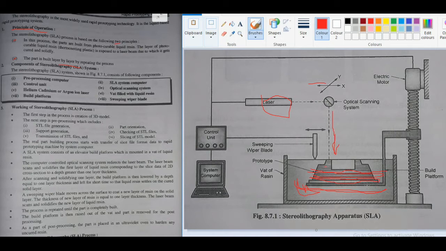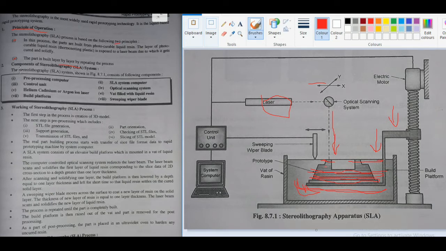This build platform goes down while doing this process. First, this platform will be here at this position, and it builds the first layer, then it lowers down and builds the second layer. Let's see how it works.